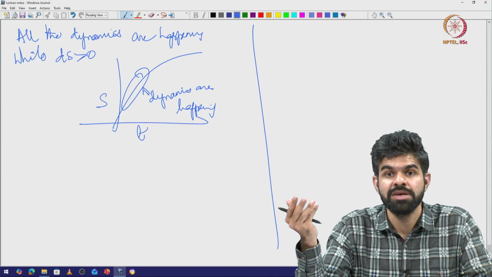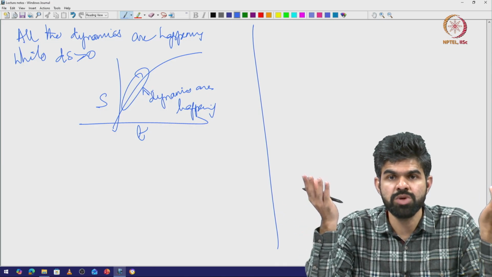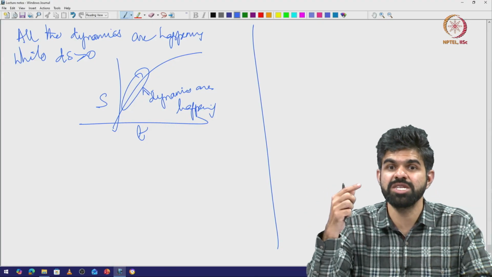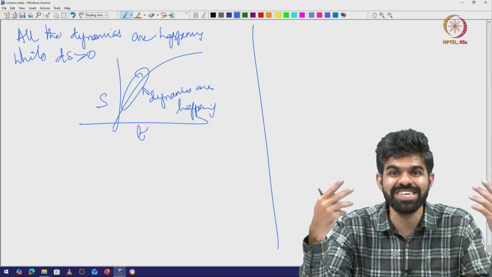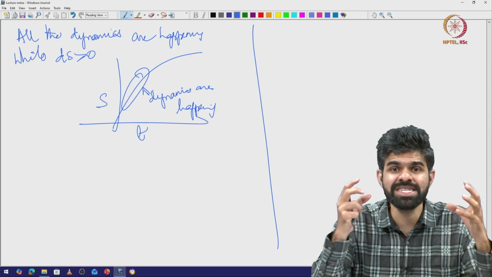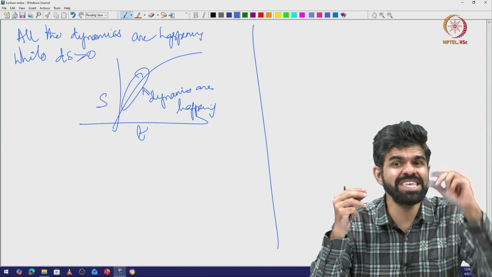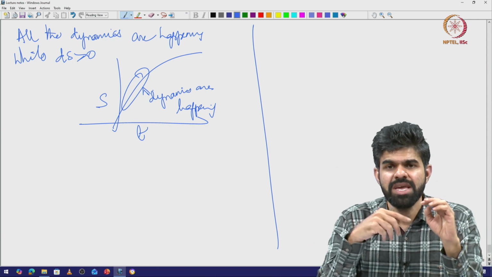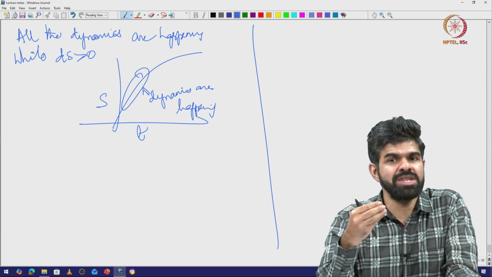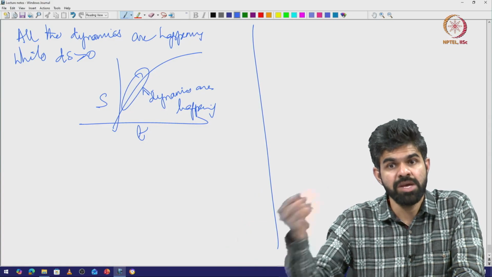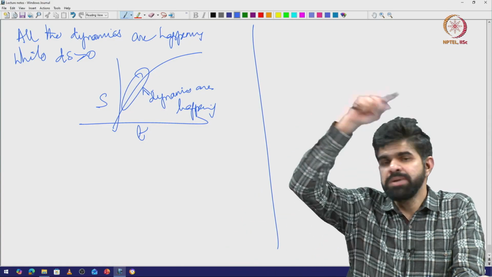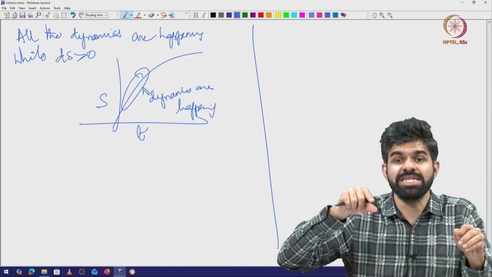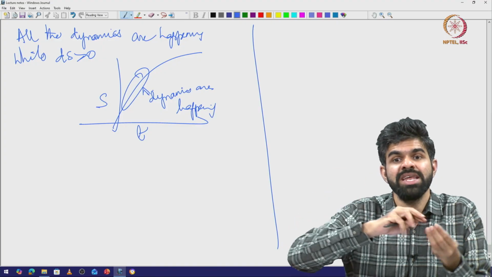Now, this dynamics can be just mass growth, that is your thin film growth. This dynamics can be some kind of polarization switching or magnetization switching or some phase transitions that are happening. All these things are happening because I am changing the equilibrium, making this dS term greater than 0. You can imagine that to be going from one state at a particular equilibrium to another state at another equilibrium. The pathway that I follow can be completely non-equilibrium, that is okay. I still define my SB and SA, but delta S overall should be greater than 0, only then can I go from SA to SB.